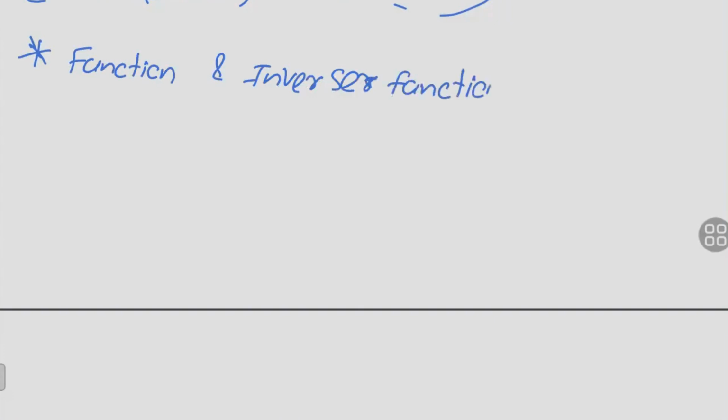They will definitely ask what the relationship is. The function and inverse function are always reflections through